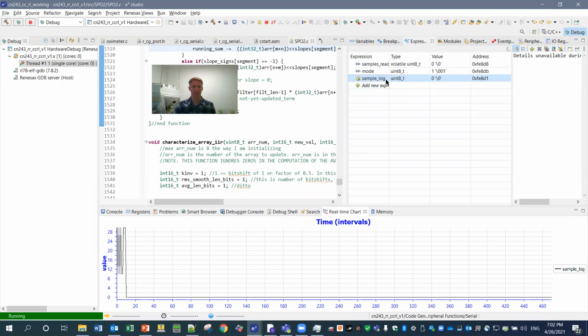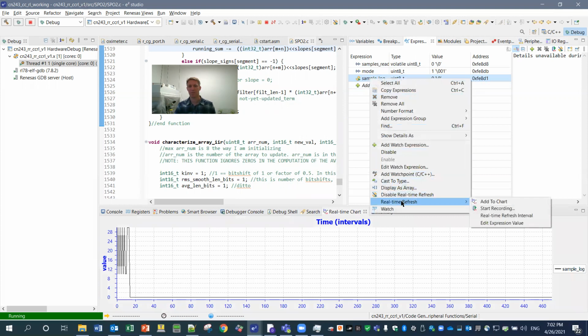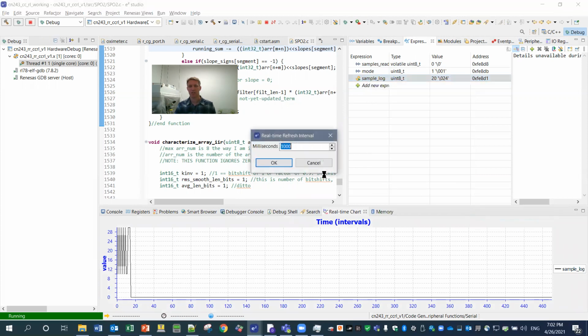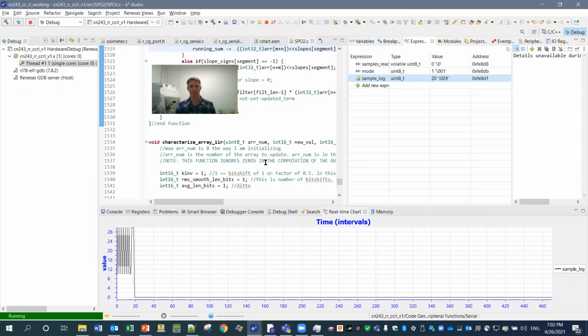Because it's happening really fast inside the program, you can change the refresh interval to try and track it a little bit faster. So let's just change that real-time refresh interval to 100 milliseconds and see what happens now. Is it just stepping up and coming down and stepping up and coming down, going from 0, 10, 20, 30, 0, 10, 20, 30. That's what it's doing. Okay, so now,